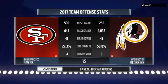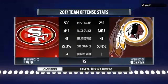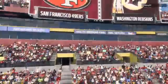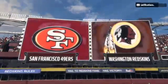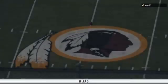Hello, everybody. I'm Larry Ridley, and this is the NFL on EA Sports. Today, we'll see one of the more dangerous passing offenses. The Redskins are top 10 in passing TDs, and they go up against a Niners defense that will need to